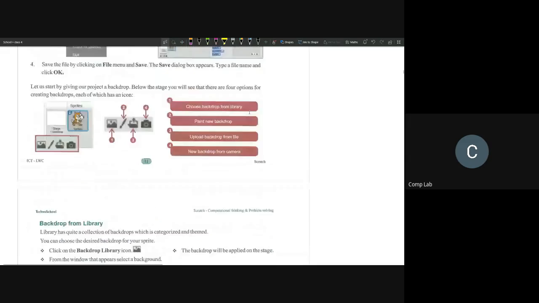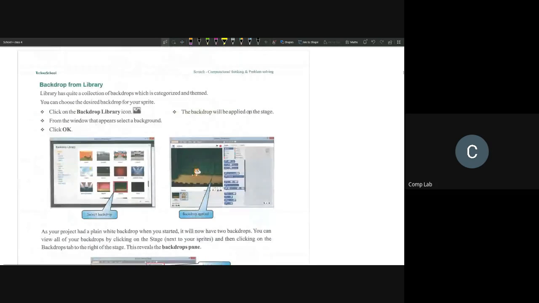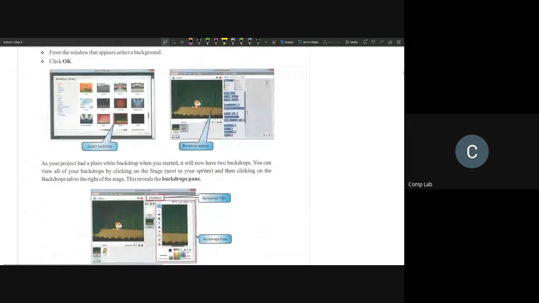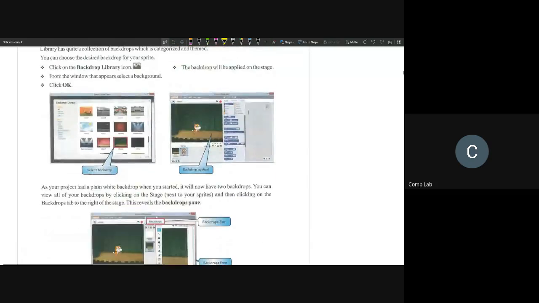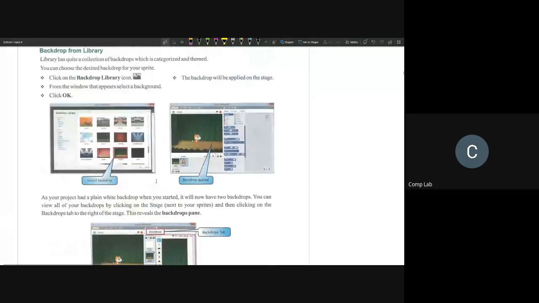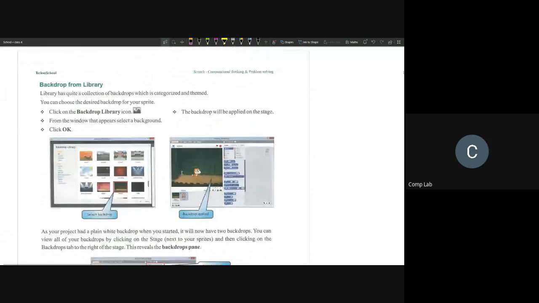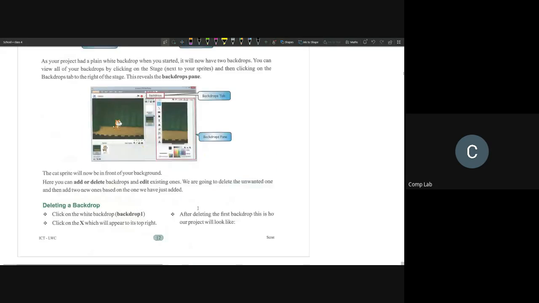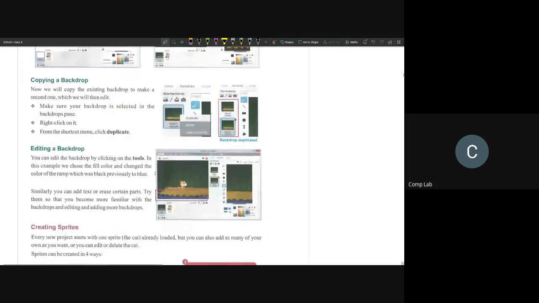Next we'll see how to change the backdrop. Then we'll see about all of your questions. We've seen how to change the backdrop in the last class. If you want to add a backdrop, all you need to do is go to the sprite list, and immediately next to the sprite list, you will have something called the backdrop option. Right here, you'll see 4 buttons. You can click on those 4 buttons to add your backdrops. So we've seen this in the last class.